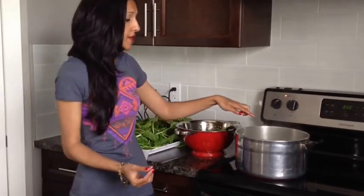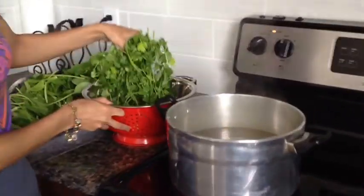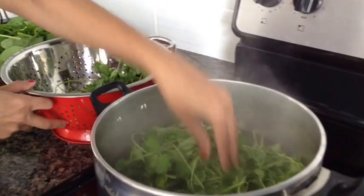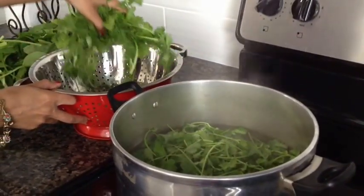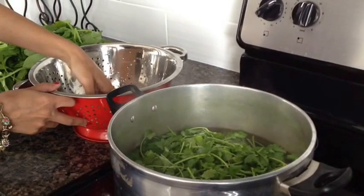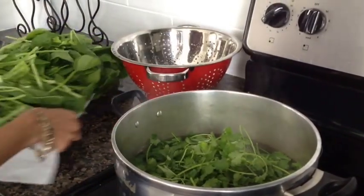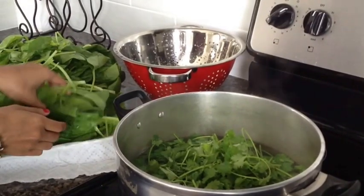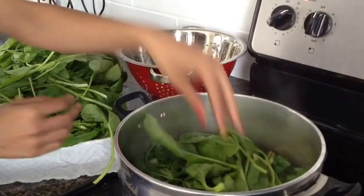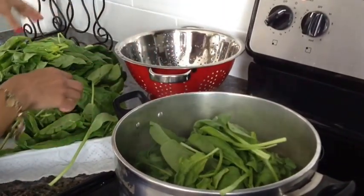So you can see that the water is coming to a boil. So what I'm going to do is add in all of the cilantro. And again, we've kept the stems on because we are going to puree it. So just cut off those little bits at the end that you don't really need. Same with the spinach. Again, we've washed this. Don't worry about pat drying it. You can leave a little bit of the excess liquid on there. It's not a problem. So we're just going to throw all of this in